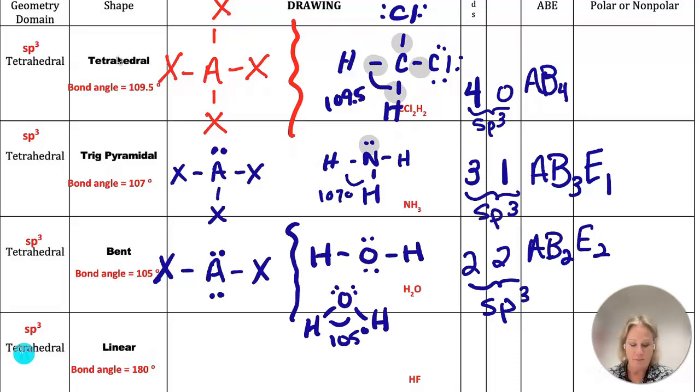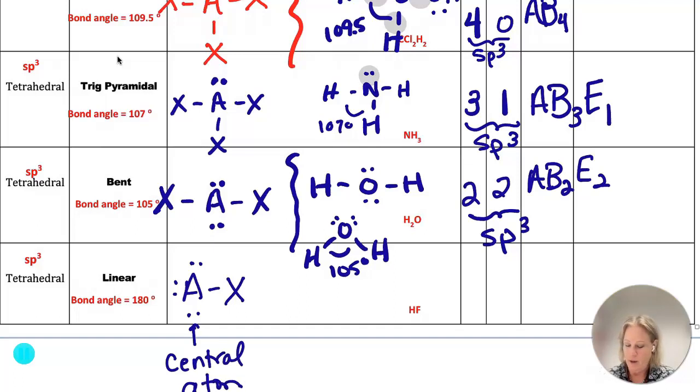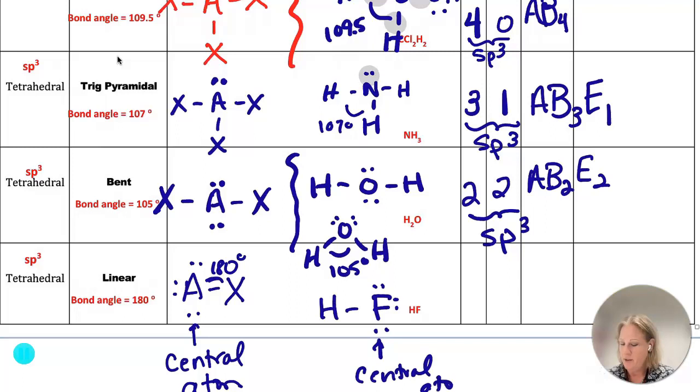So it's sp3 hybridization for both of these. Lastly, we have linear. Linear is going to be just 2 elements this time. You can pick one that you're going to consider to be the central atom. And in order to get the maximum distance from each other, they're going to be at a 180-degree angle. An example would be HF, and that would be my central atom. And you can see that we have 1 bonding area, and then 3 non-bonding areas. So 1 and 3, it's going to be A, B,